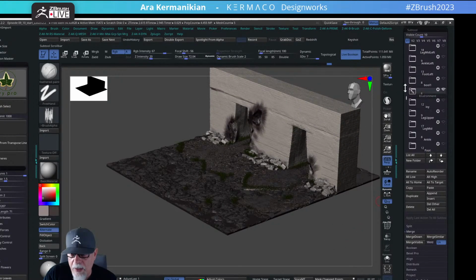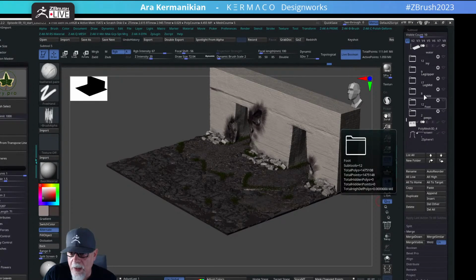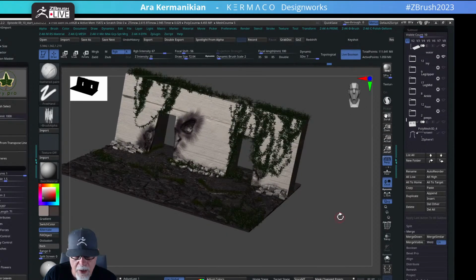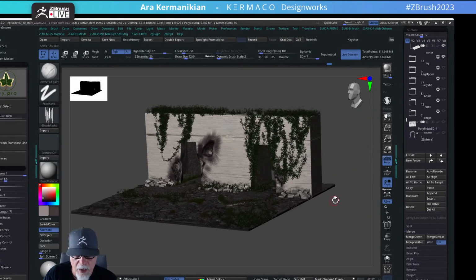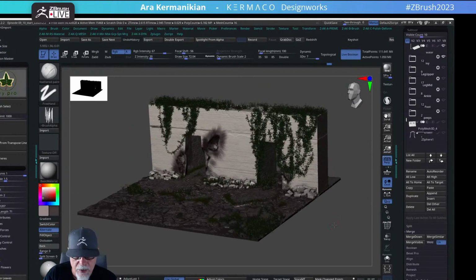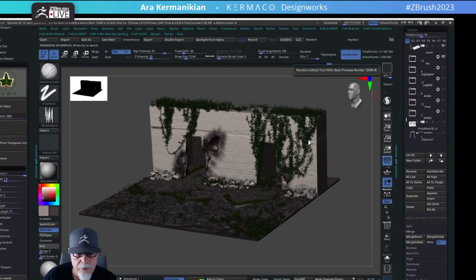Let's bring our ivy back and see what that looks like. Do a kind of a test render and get an idea of what that looks like. Okay, that is looking good. And I've got perspective on. Let's do a quick test render of this. All right, just doing a simple BPR. And also, I don't really have any materials assigned to this, so I might want to test it out with